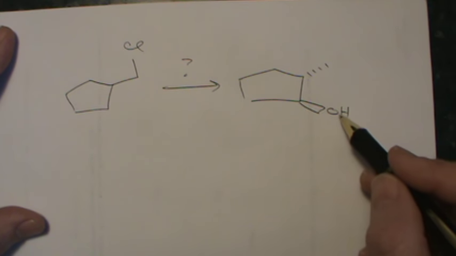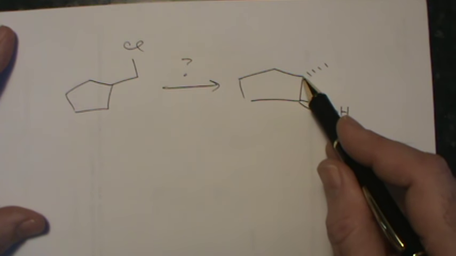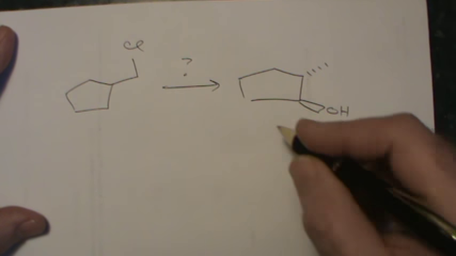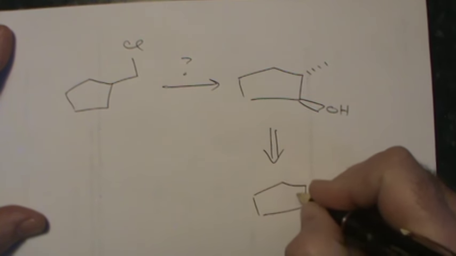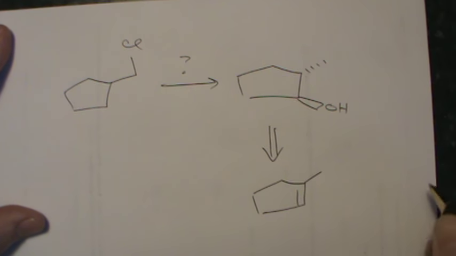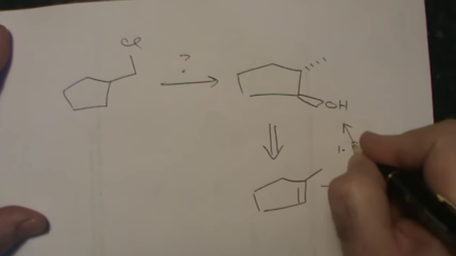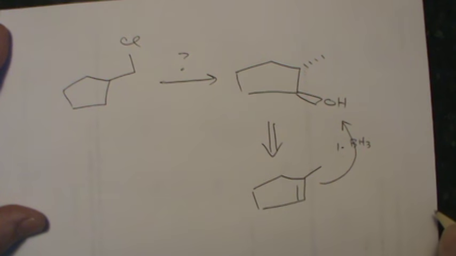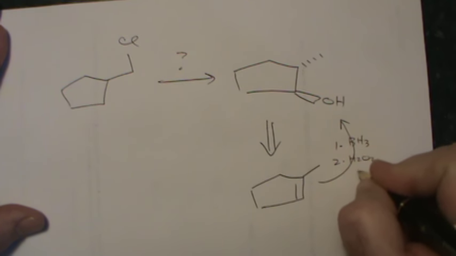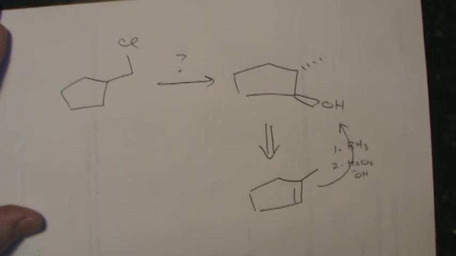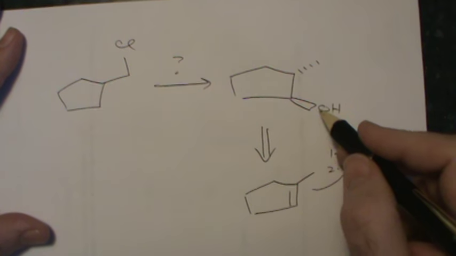Well, if it did, notice that the alcohol is at the less substituted carbon. There's a more substituted carbon right next door. And that sort of screams to us that this could very well have been an anti-Markovnikov process. So if I started with this alkene and I had treated it with borane in the first step, that's the hydroboration, followed by an oxidation with hydrogen peroxide and aqueous basic solution, then I would in fact produce this very same alcohol,